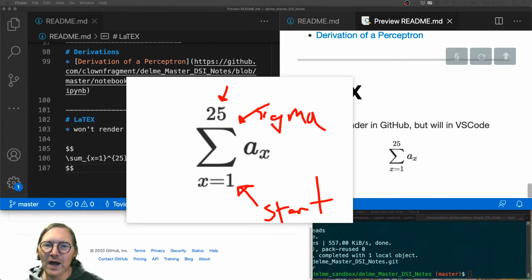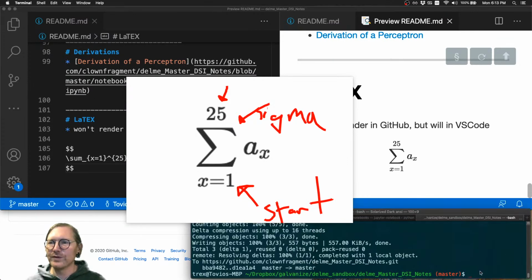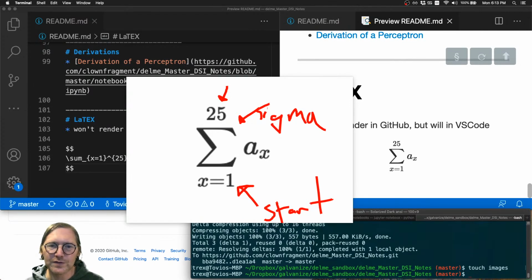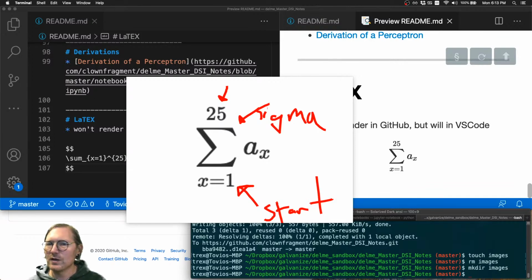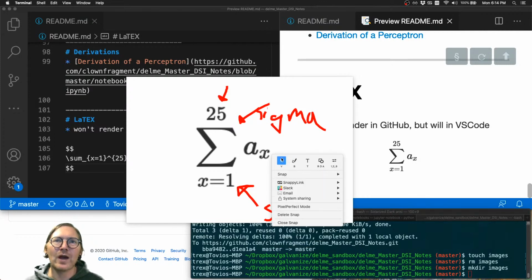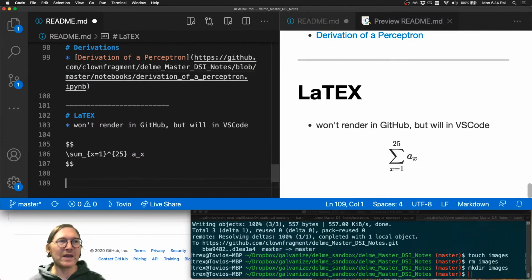So I'm going to do that behind the scenes over here. Sandbox. And then over here, I'd make an images directory. That's normally what I would do. Oh, not an images file. Oops. Remove images and make directory of images. There we go. And I'm going to take that screenshot I just took and drop it in there. And I'm just going to make another entry for